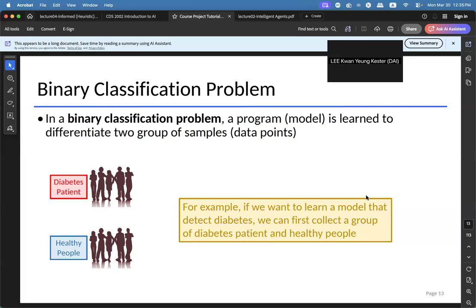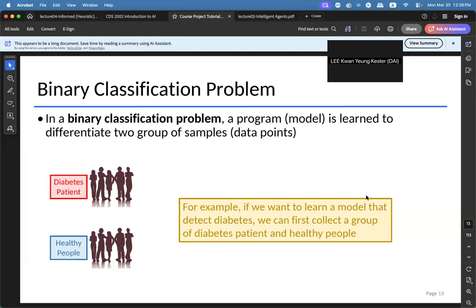If we want to detect whether a person has diabetes or not, the doctor will try to differentiate diabetes patients from normal people, using some symptoms to diagnose whether the patient has diabetes or not.